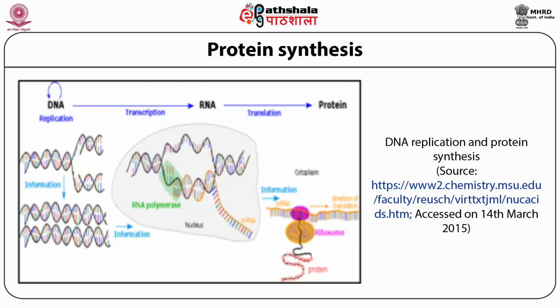Proteins are complex molecules formed by smaller molecules called amino acids. There are 20 amino acids. Each amino acid is specified by a triplet of nucleotides in the DNA called a codon. Protein synthesis takes place in 2 steps, that is transcription and translation, started inside the nucleus and ended in the cytoplasm. Transcription takes place inside the nucleus.